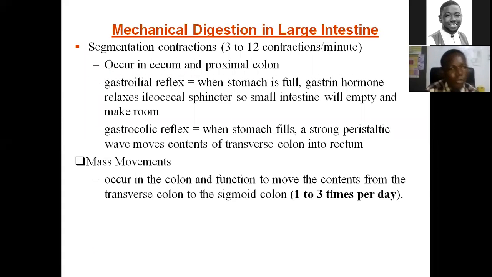Now we'll go into digestion. Within the large intestines, just as we saw in the